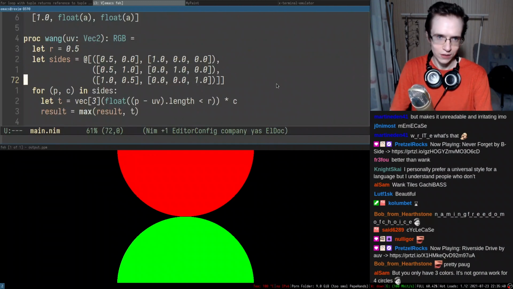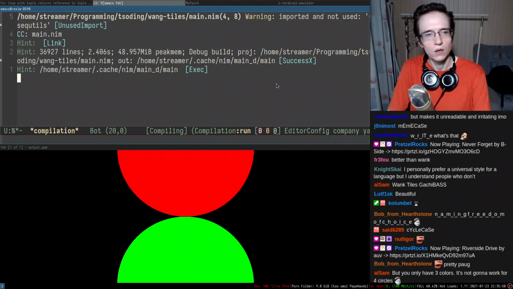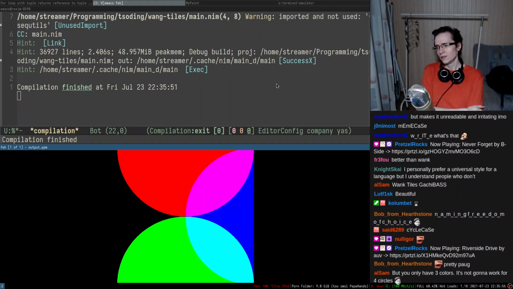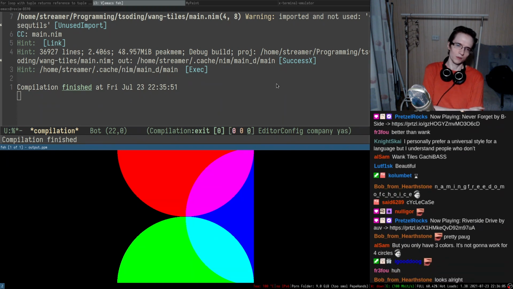And it didn't compile. Okay, so I wonder why. Because I'm a dummy. Okay, that explains everything. All right, boom, and that is actually pretty cool. It's actually no. Oh, yeah, it's a proper blending, isn't it?